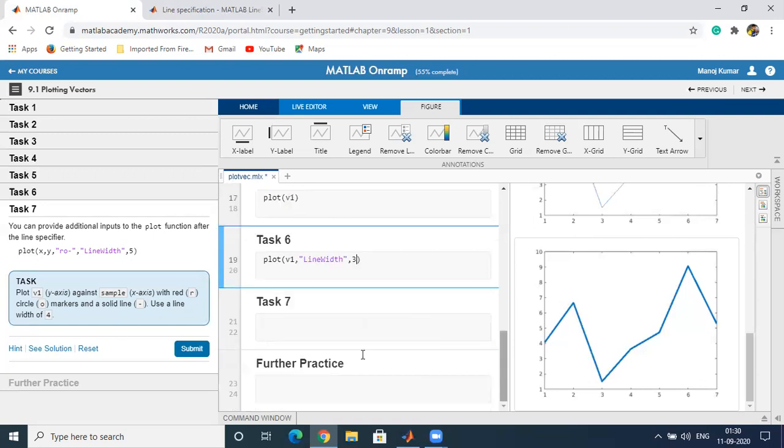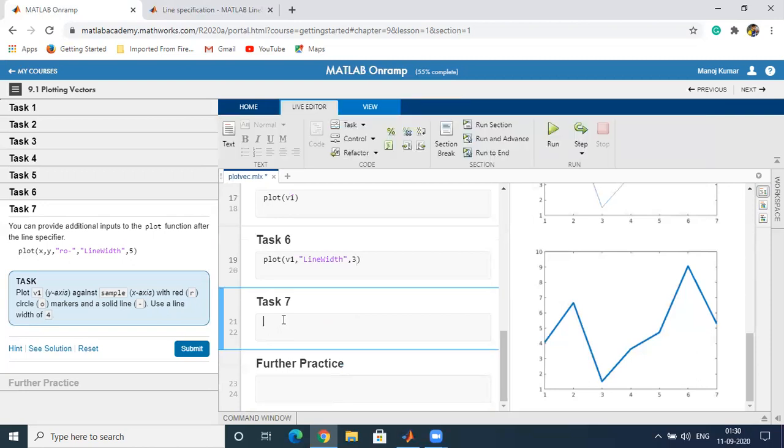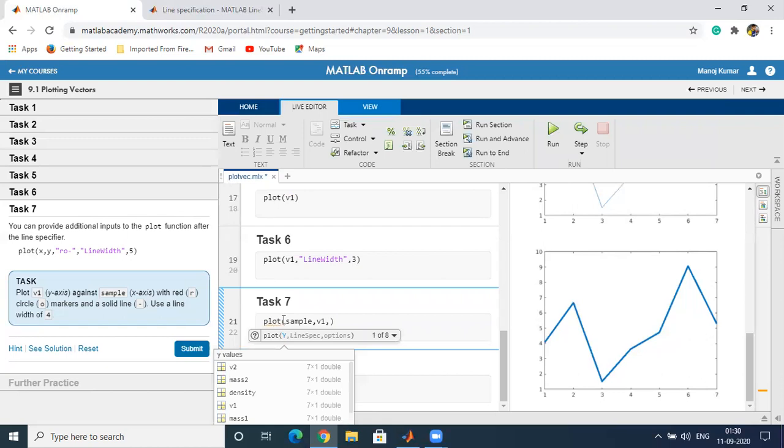Let's do it. Just type plot. On the x-axis we have to plot sample, so we type sample. On the y-axis we want to plot v1 with the line specification: r stands for red, o stands for the circle, and the dash stands for the solid line.